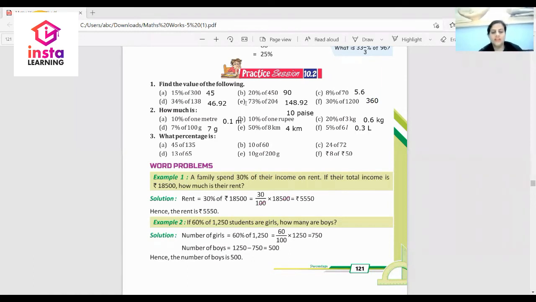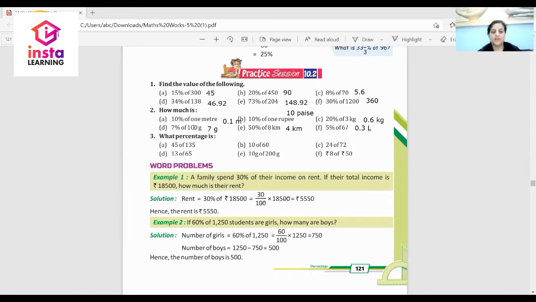10% of 1 meter is 0.1 meter. 10% of 1 rupee is 10 paisa. 20% of 3 kg is 0.6 kg. 7% of 100 gram is 7 gram. 50% of 8 kilometer is 4 kilometer. 5% of 6 liter is